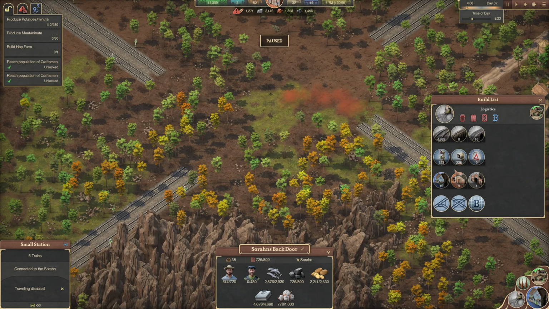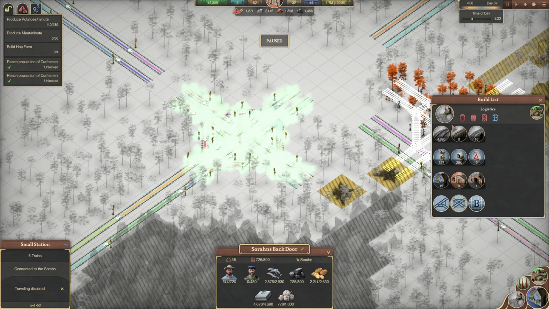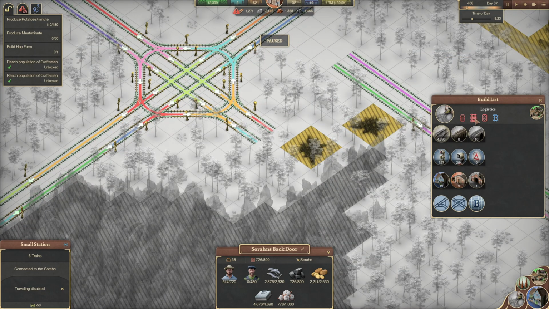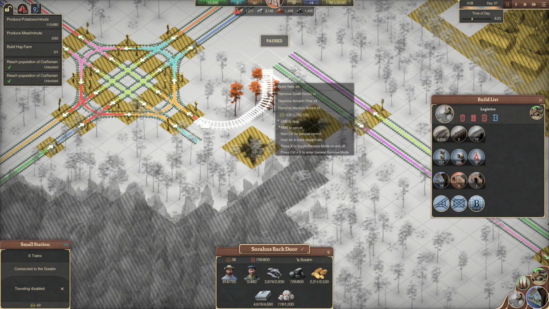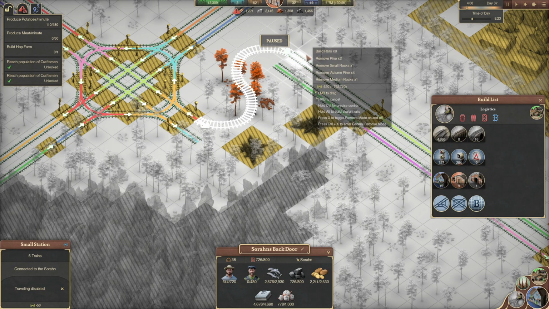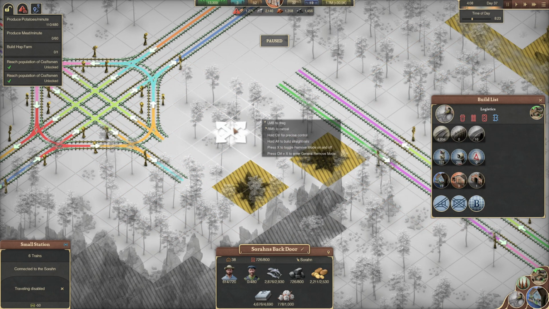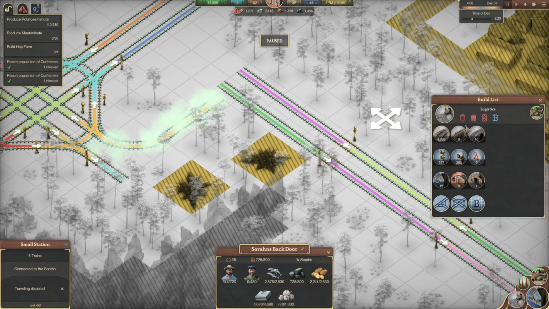Okay, so I want to put a roundabout in here. That goes through, that goes through, that goes through, that goes through. They're the easy ones. Okay, you need to come and yes. That's not going to reach. Okay, I need to remove that track. And we're going to have a very hard turn